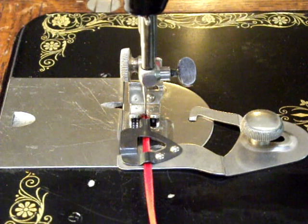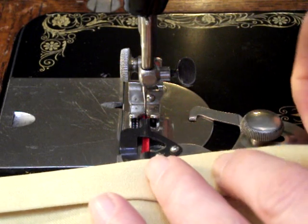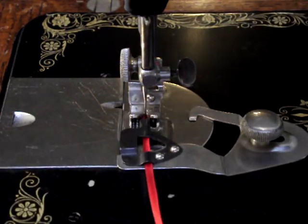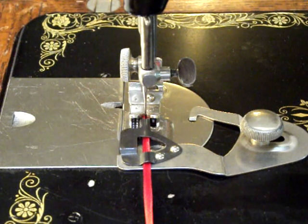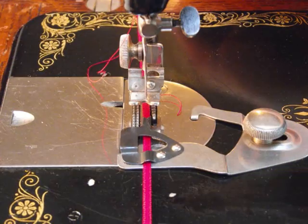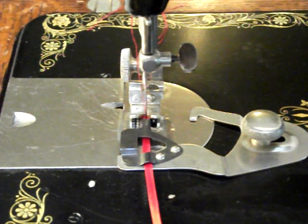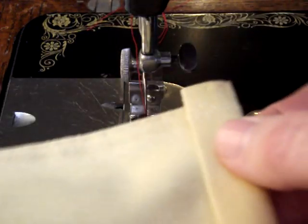What I have prepared is a little piece of material here, and I've folded it over, ironed it in place so that we can make a hem with the braid showing on the right side. So I need to thread the machine up with thread, red thread, top and bottom. Okay, the machine is now threaded, the ribbon is in place. I've put the needle through the ribbon so that it doesn't slip out of place while I get the material ready to put under the foot,